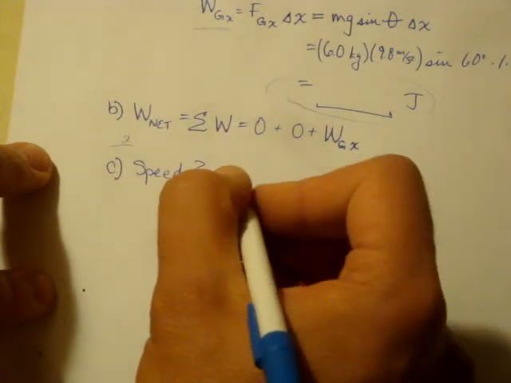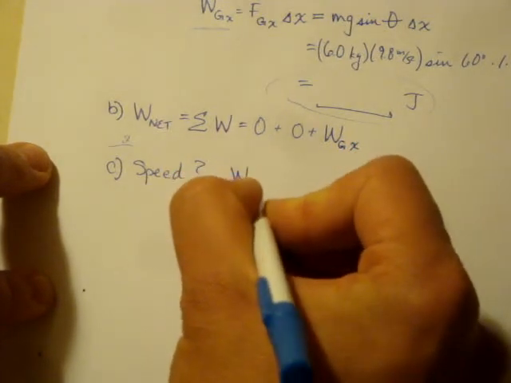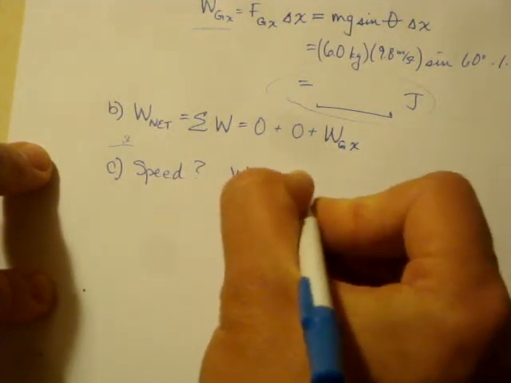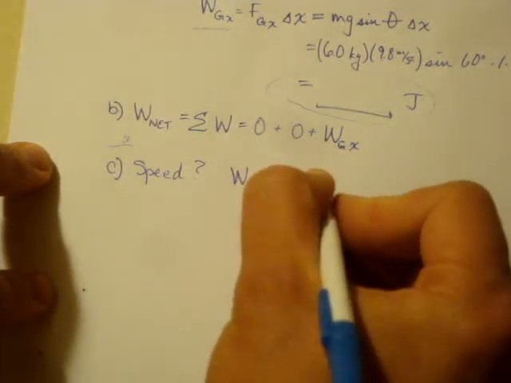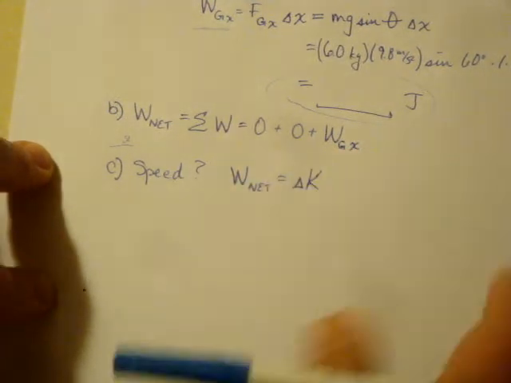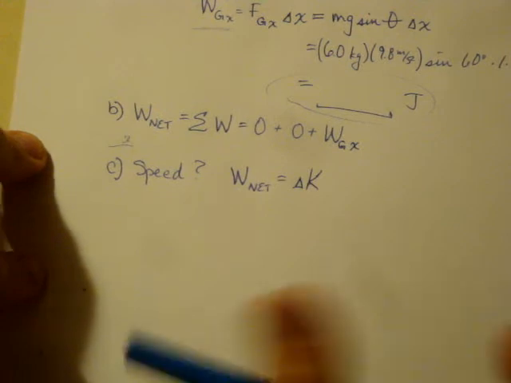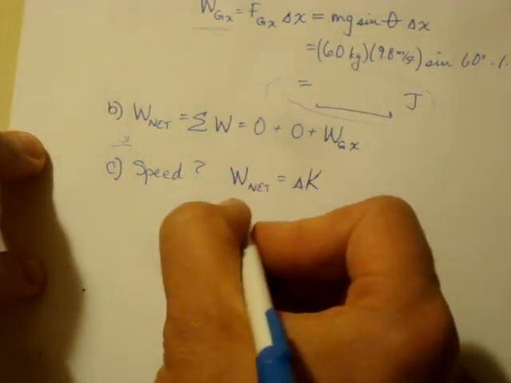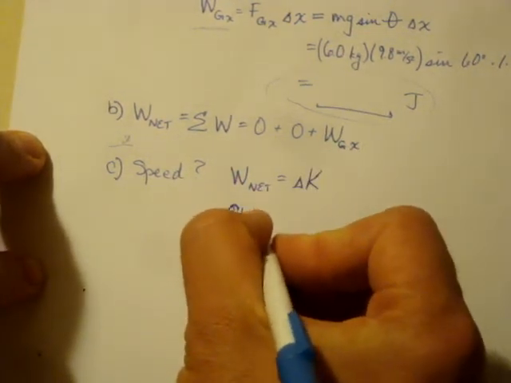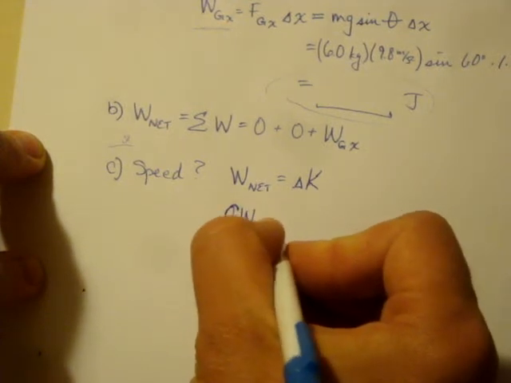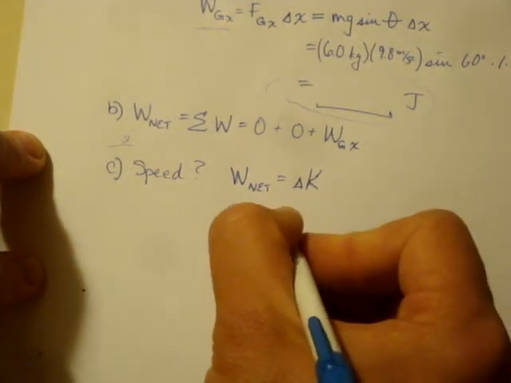But we've just found out recently that the net work is also equal to the change in kinetic energy. So without going into all of those extra steps of the forces, we can simply write down that the net work is the work done by the gravitational force in the x direction,